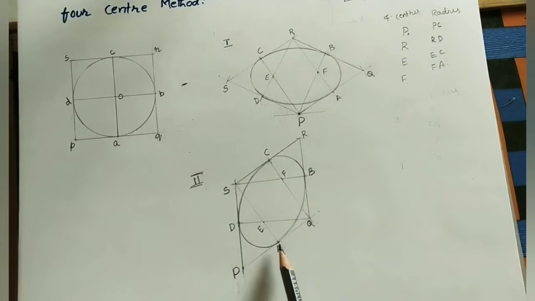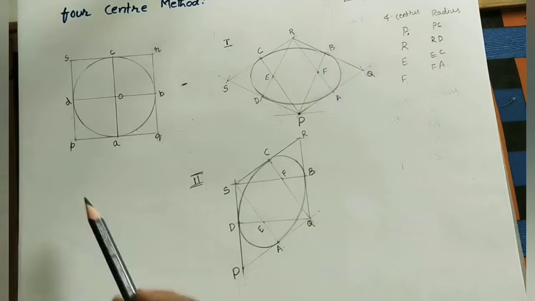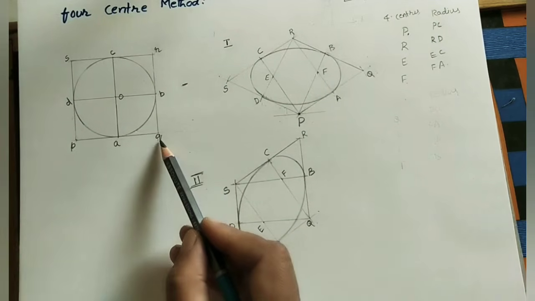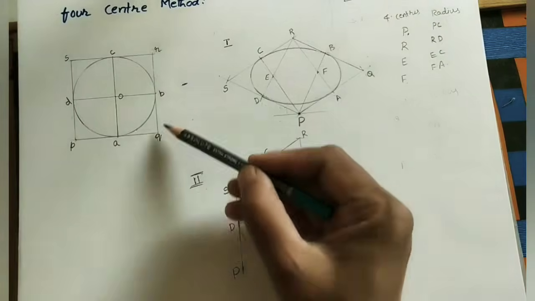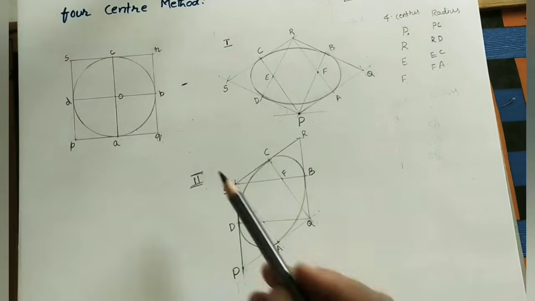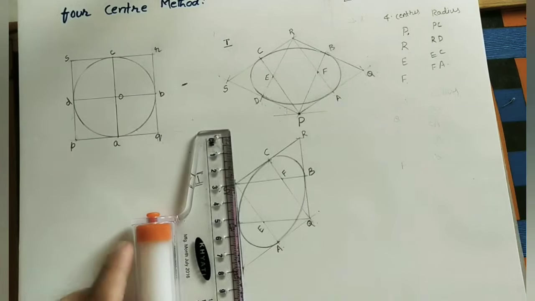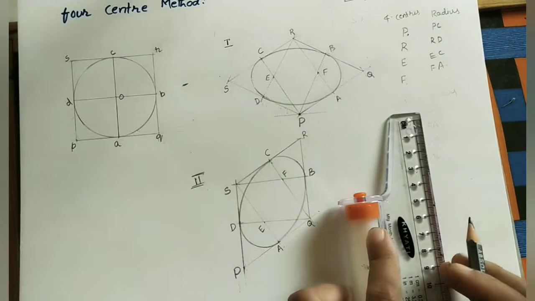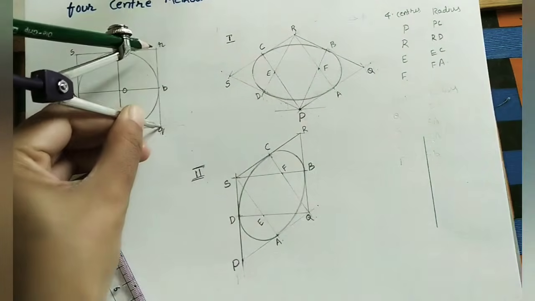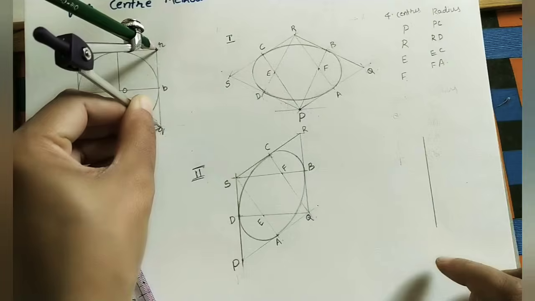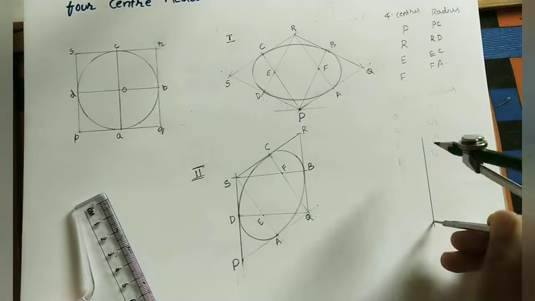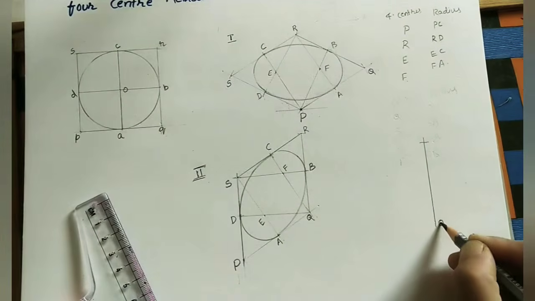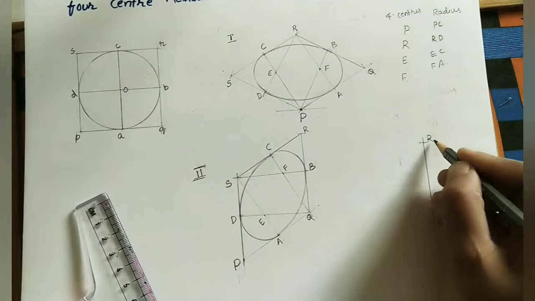This is the second method, a possible case of doing the isometric view with initial point P. We have another method also in the second one. Instead of taking the P point of this box, we are taking the Q point initially. We are doing the vertical lines as they are in this method also. Take initially Q point. Take this as a reference line. Move the scale, and here after some gap, do one vertical line. On this vertical line, mark QR length by using compass. Mark this length. This point is Q, and this point is R.